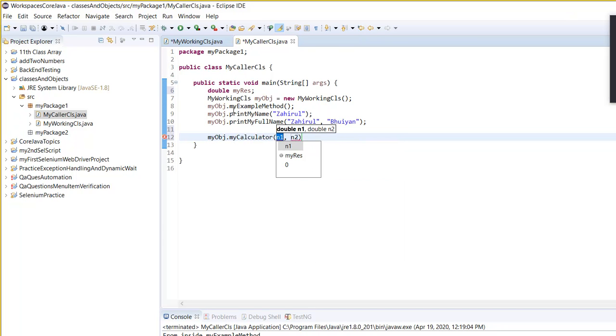Now you have to supply two numbers. Let's say I'm supplying one number 10.5 and the other is 15, and put a semicolon. Now if you run,